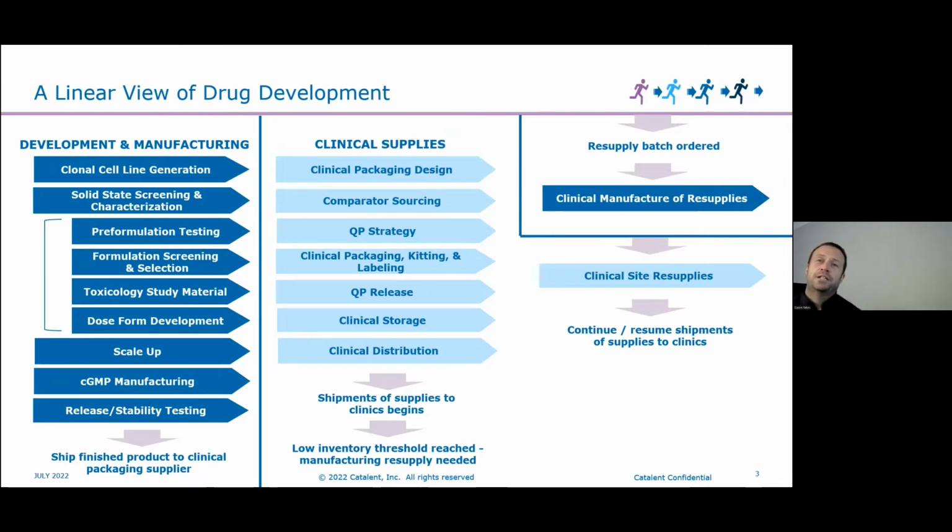And when we try to accelerate that first path to the clinic just by compressing and expediting the timeline, most of the buffer in that plan is immediately eliminated. Because of that linear approach of that compressed timeline, waiting for one activity to finish before starting another one, if something does not go entirely to plan, and we all know within drug development and manufacturing and clinical supply, there will be certain times where things don't go to plan, this means that there will be a domino effect, ultimately delaying the delivery to the